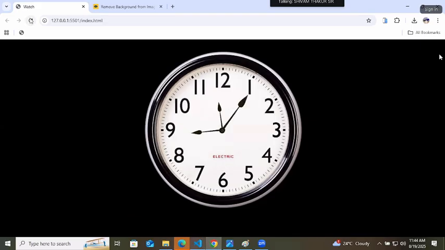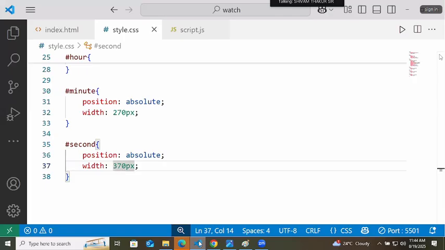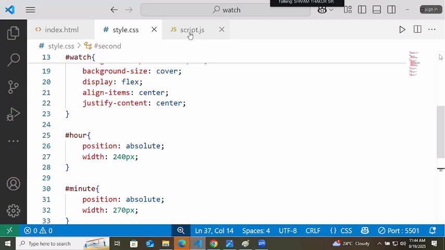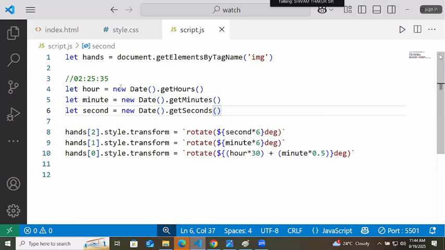It moved because the second changed. But there is a small thing: JavaScript will give you an hour more than 12 also, like 13, 14, 15.